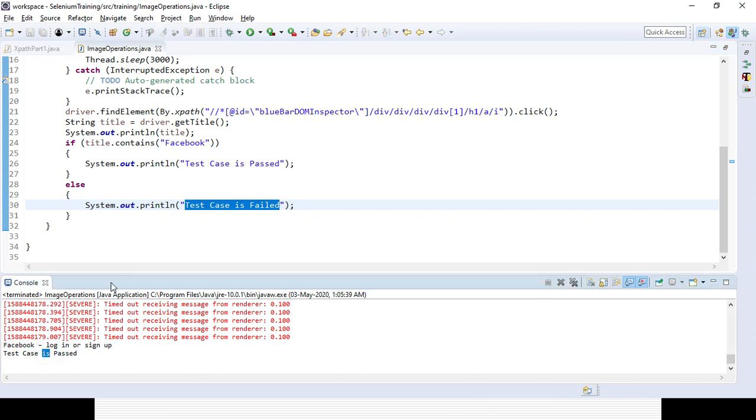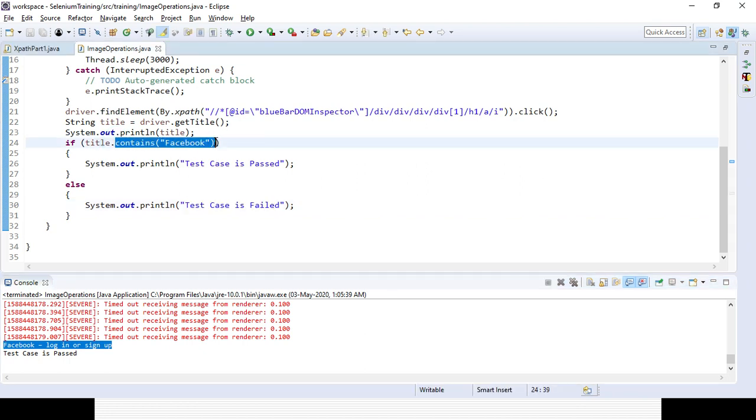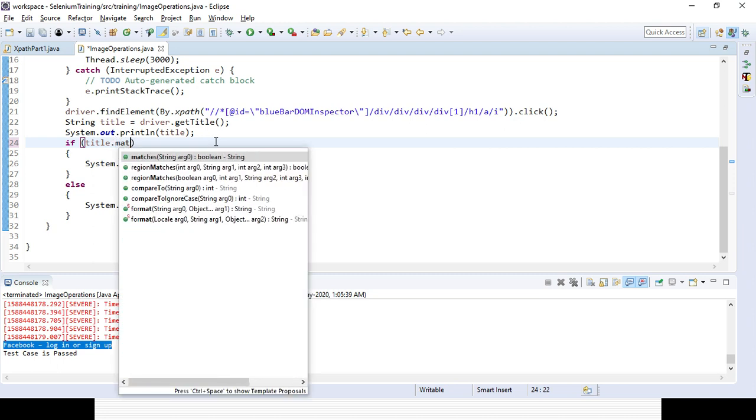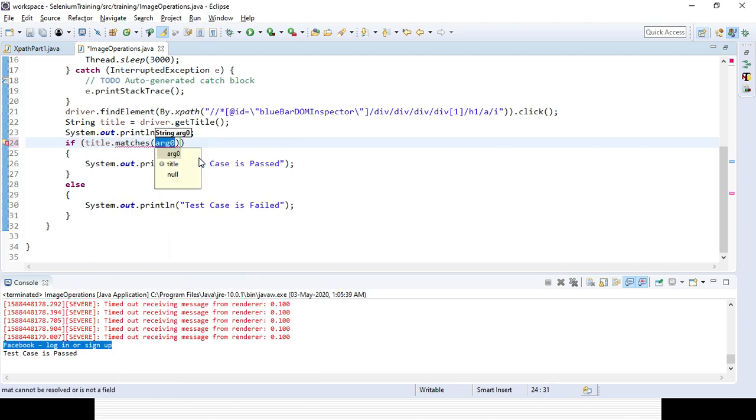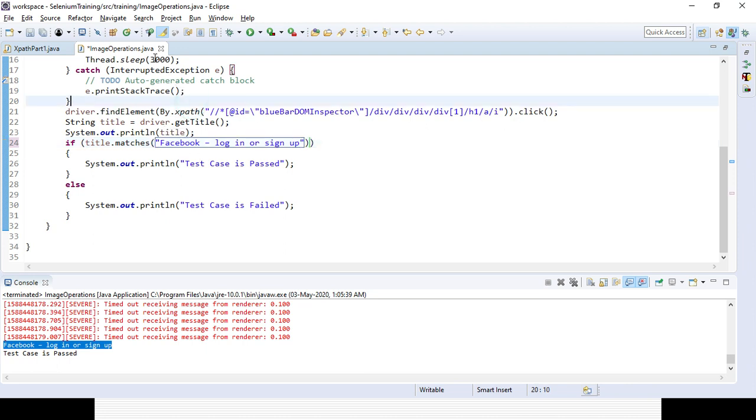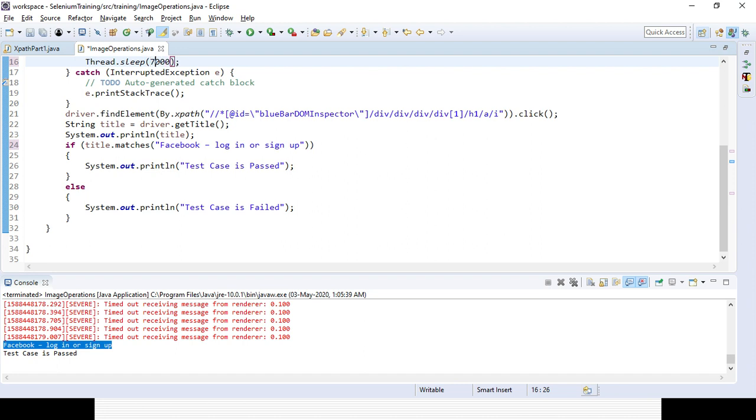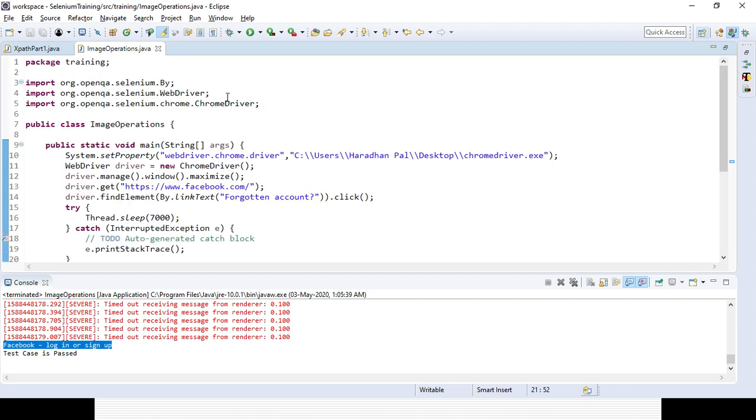Now if you want to give that exact word, you can. So instead of contains, we need to use title.match and provide the string. And instead of 3 seconds, you can wait for 5 seconds as well, or 7 seconds. It will be better, so that you can easily verify that it is waiting, clicking on the forgotten link, and then again clicking on the Facebook image. So if you run it,